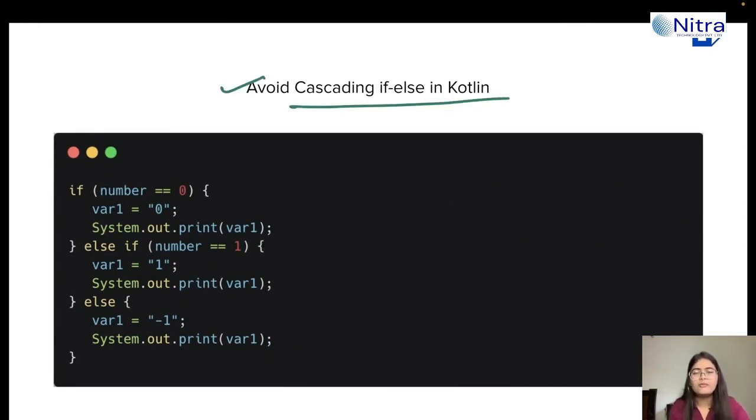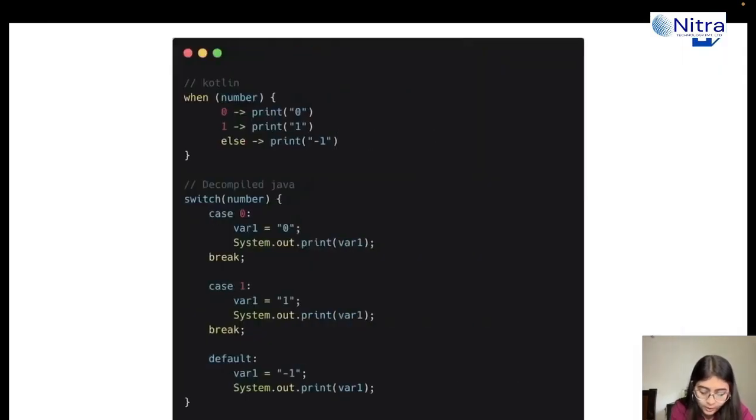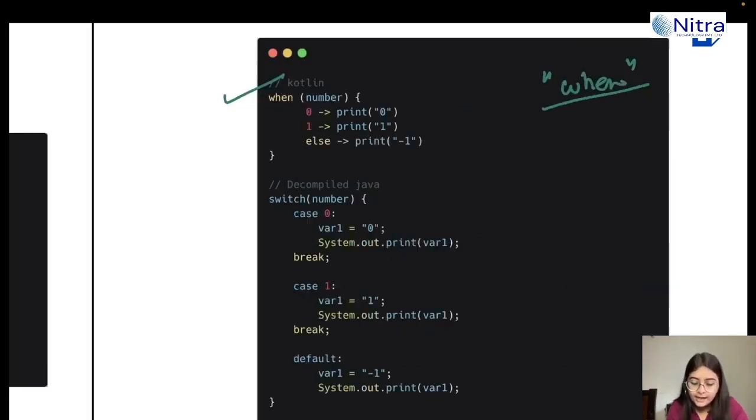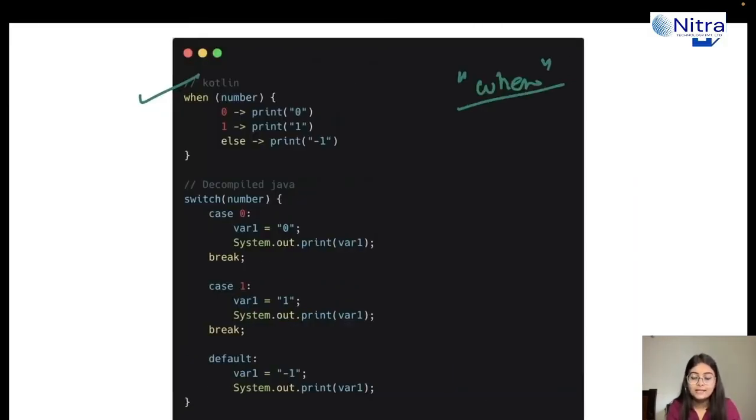Let's say you have multiple conditions, like if animal is equal to this, then if animal is this, let's say 5 to 6 if conditions, depending upon the value of a variable. Then you should use when instead of if else. If you see here, if number is equal to 0, then they are printing 0. If number is 1, then 1, something like that, right? So instead you should use the when keyword. When is a keyword in Kotlin, and instead of multiple cascading if else in Kotlin, you should prefer using the when